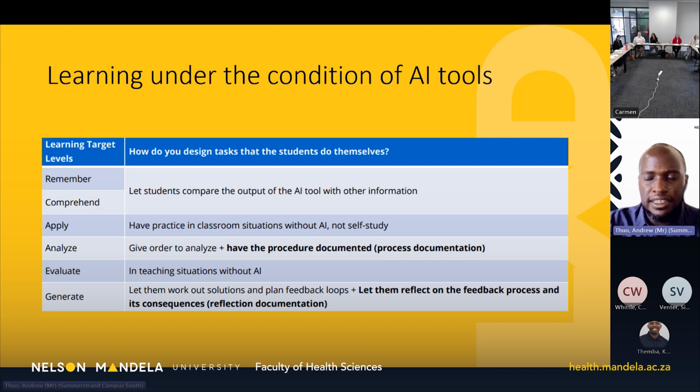I mentioned earlier, just giving the students the opportunity to critique the AI responses. And it's always best if you already have generated those AI responses prior, or you can do it together in a classroom. That would be fantastic for them to also just understand the inefficiencies of AI. Again, second part there, having those practice in class situations without AI or not self-study, just having them in the session, going through the content prior. And that's why the lesson activity is great in that regard, because you make sure they go through the content prior and have more formative assessments and less summative assessments, especially in the spaces where they can get the AI